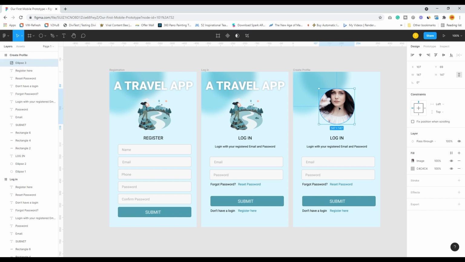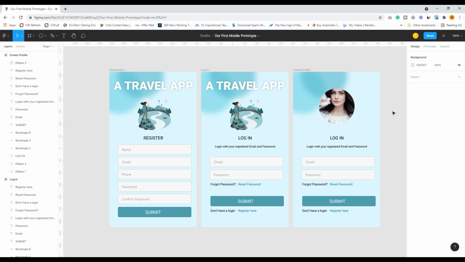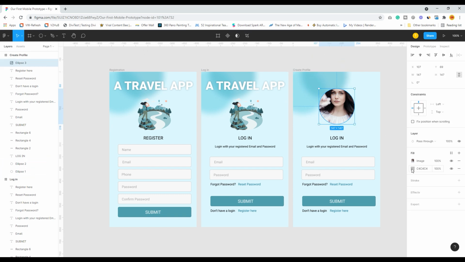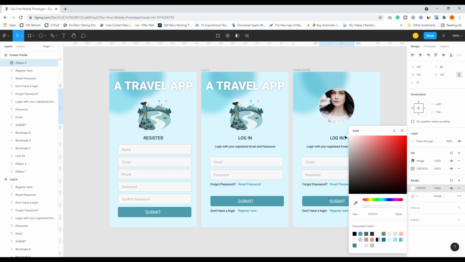Perfect. I would like to also create a border around it. I can do it like this. Click this image, go to stroke and take a white border, and I have to increase the size as well.